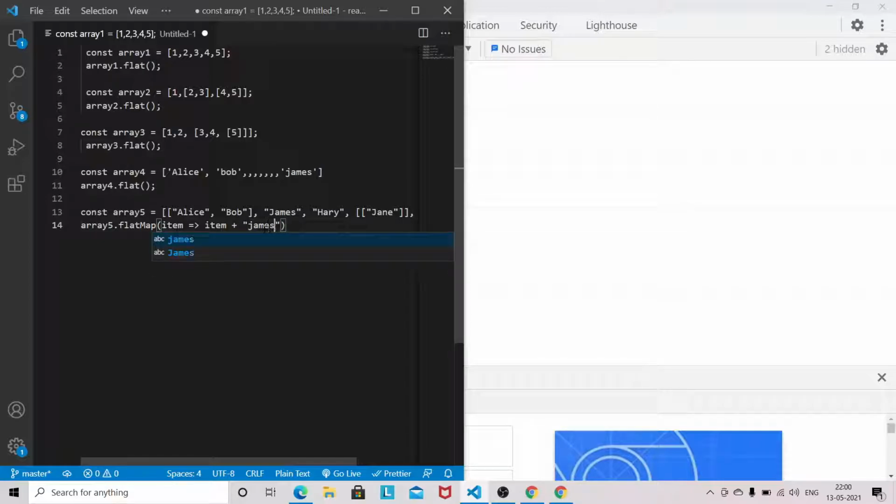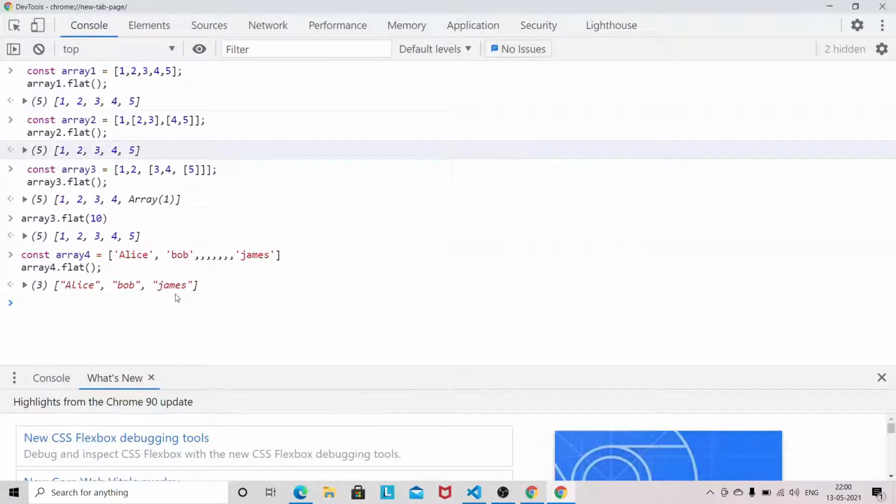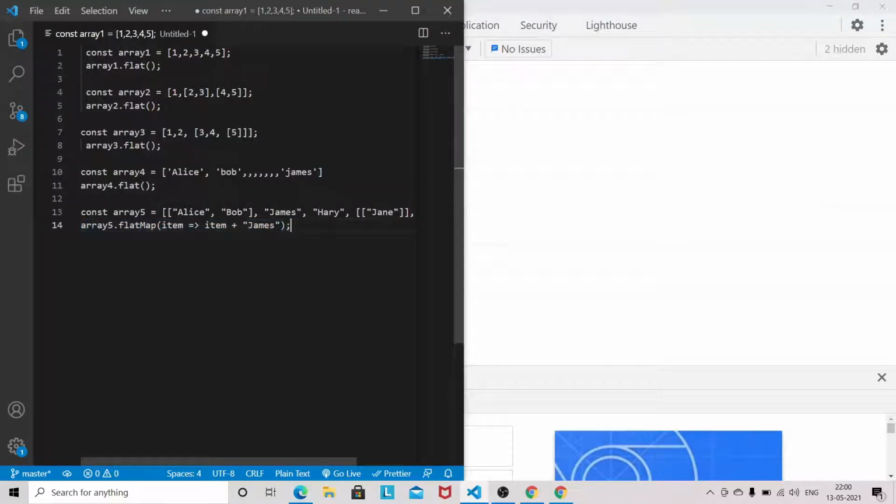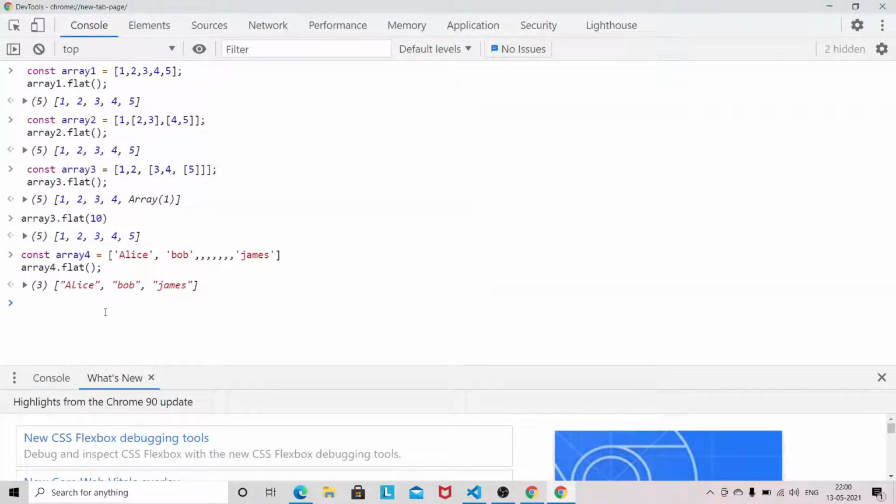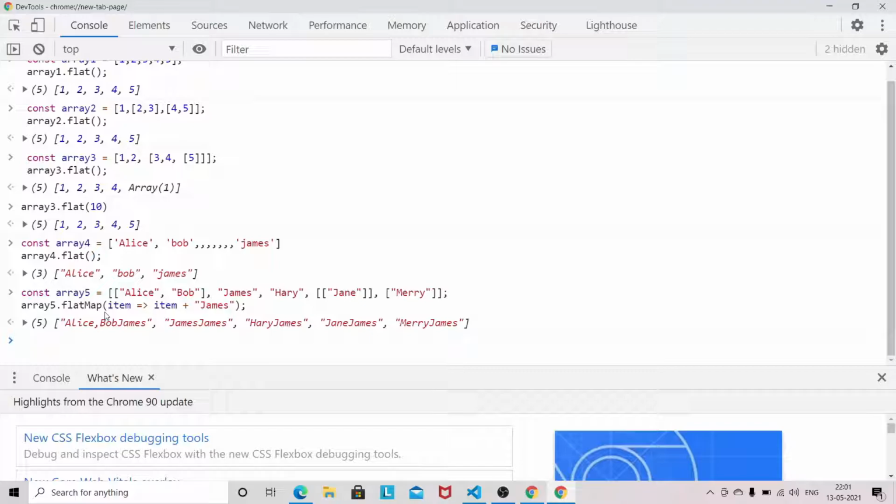So I want James to be the neighbor of each array item. If we do something like this, you can see that James has now become the neighbor of all this array.